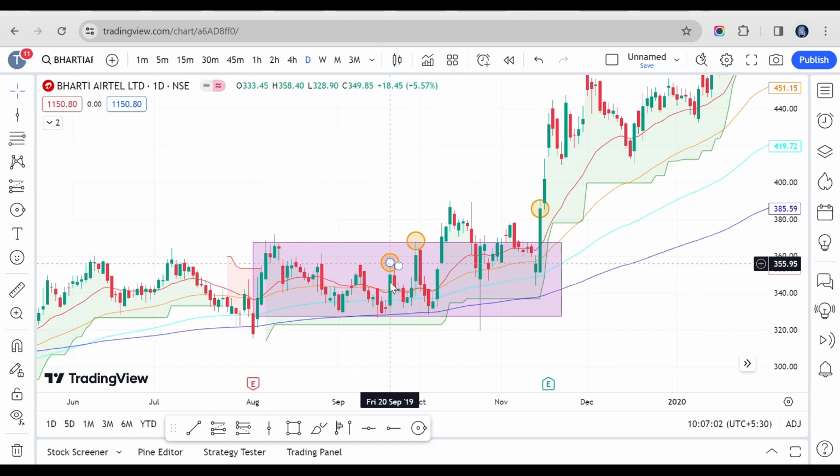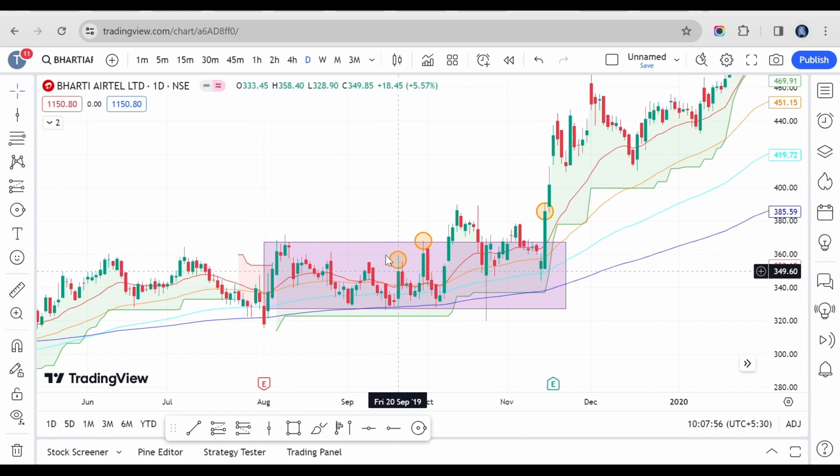The price closed above the Supertrend indicator and the EMAs. This green candle closed above both the indicators, and this candlestick also closed above both, and likewise this candlestick also closed above both the indicators. This kind of close above both the indicators indicates that there is strength in the stock for an